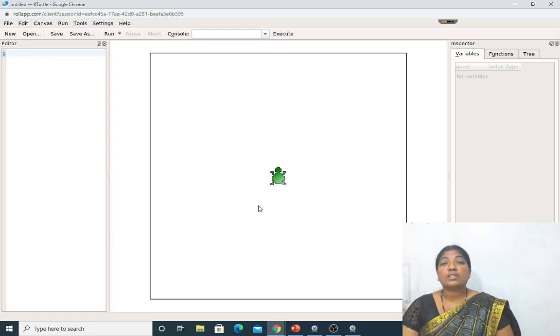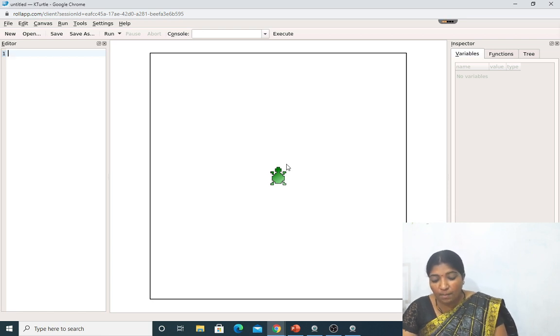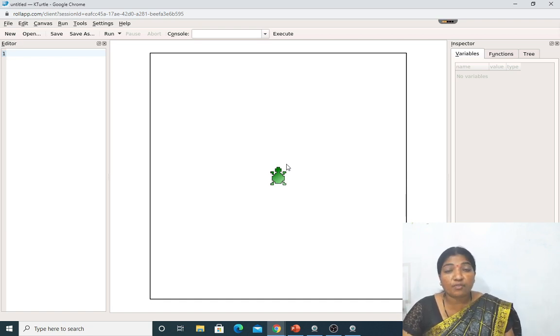Now the source is the center of the canvas. Let us see, to define the position of any point on the canvas, we need to specify the distance of the point from the top of the canvas and the left edge of the canvas. These two make up the position value of each point on the canvas. For example, the point on the top left corner has the position value of 0, 0. What is the meaning of 0, 0? 0, 0 is nothing but the value of x and then y. That will be specified in the screen resolution of a particular desktop.